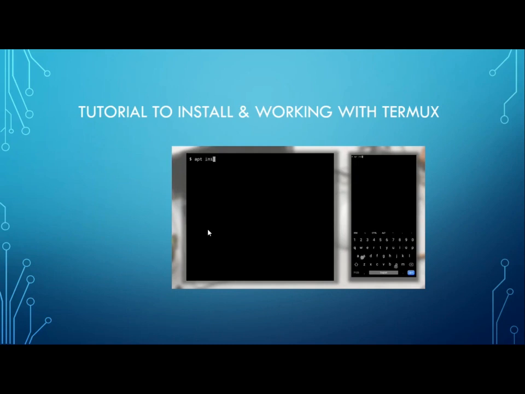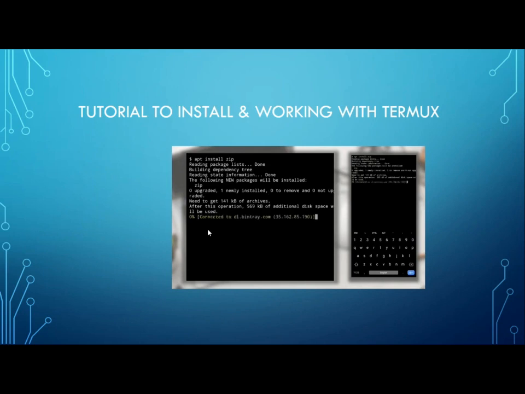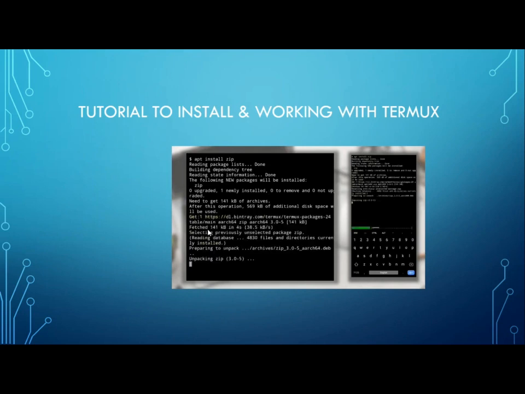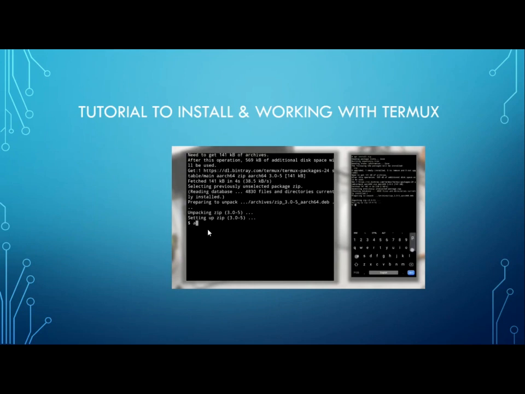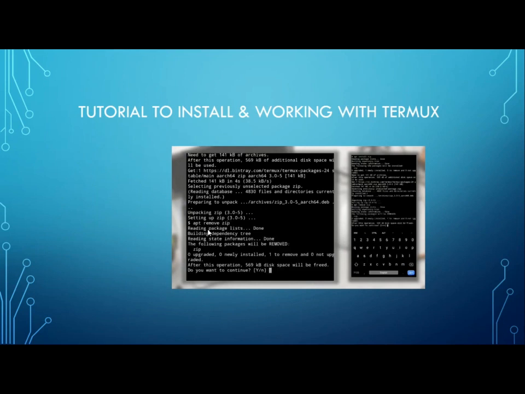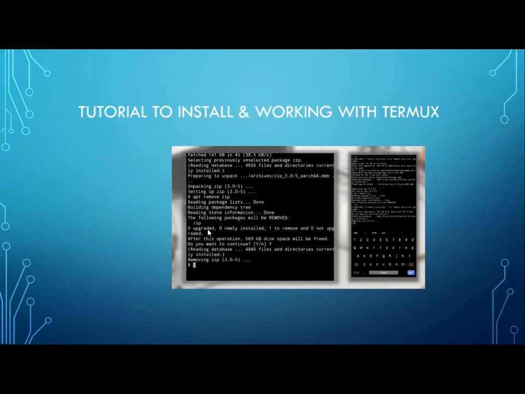You can clear your screen using the clear command. You can install any package by using pkg install or apt install. Apt remove will help you remove whatever files we need. Just now I installed this zip file, removed it, and tried working with that.